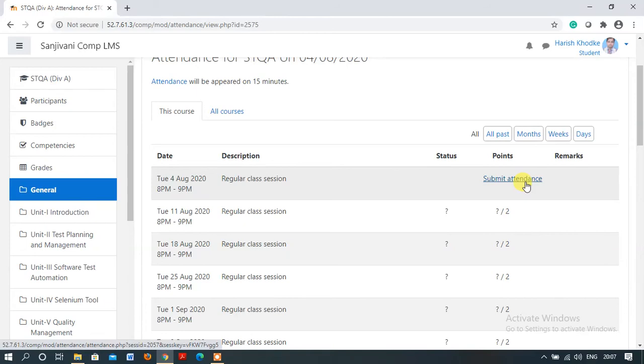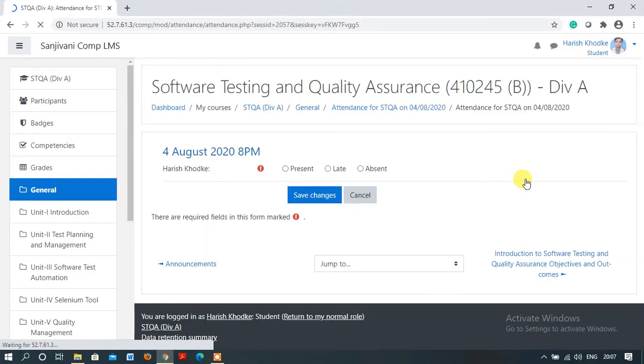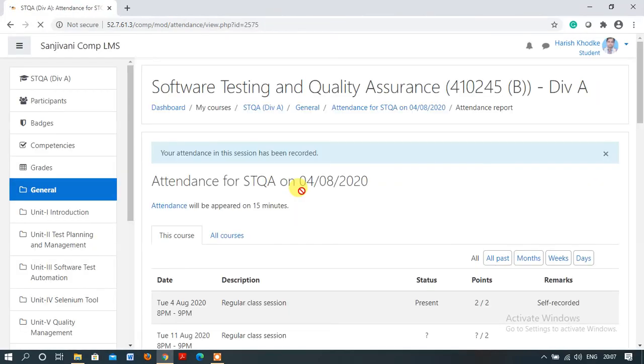They can only submit their own attendance. When I click submit attendance, this way attendance will be submitted. Suppose I am Harish Kodke, I am making it on my side only, I cannot view the other students. Every individual student can view only their own attendance, and I just click save changes. This way we can take automatic attendance through our LMS.